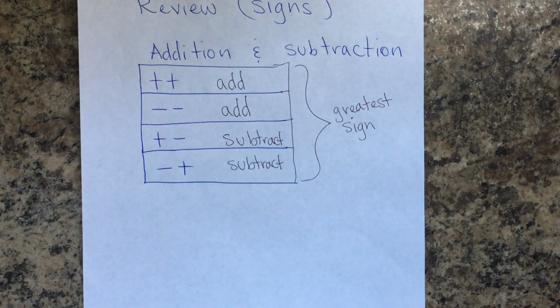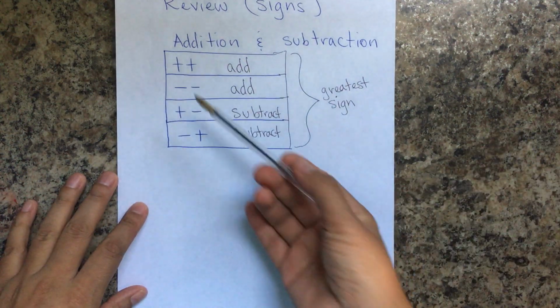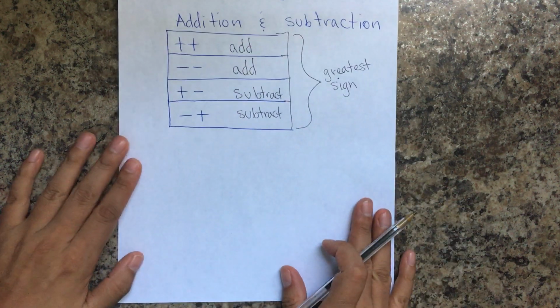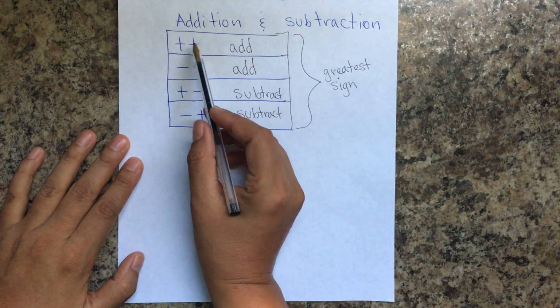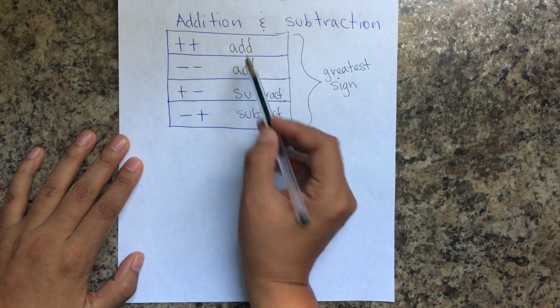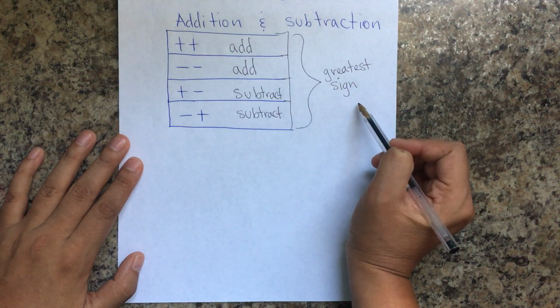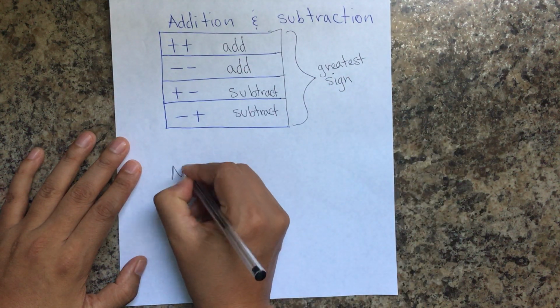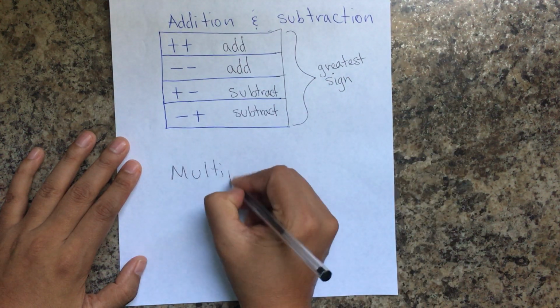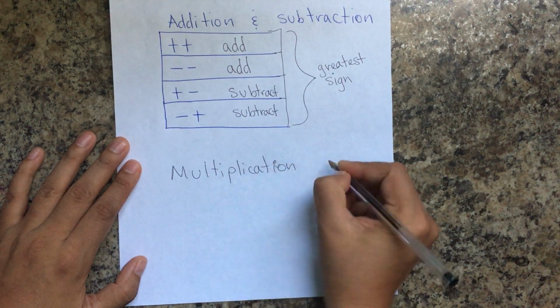Okay, so we need to review again the signs, and we saw already about addition and subtraction, and we used them. Okay? But today we're going to, and you can just kind of see, when they are the same in addition and subtraction, same signs, you add, different signs, subtract, and always, always, always leave the greatest sign. For multiplication and division,